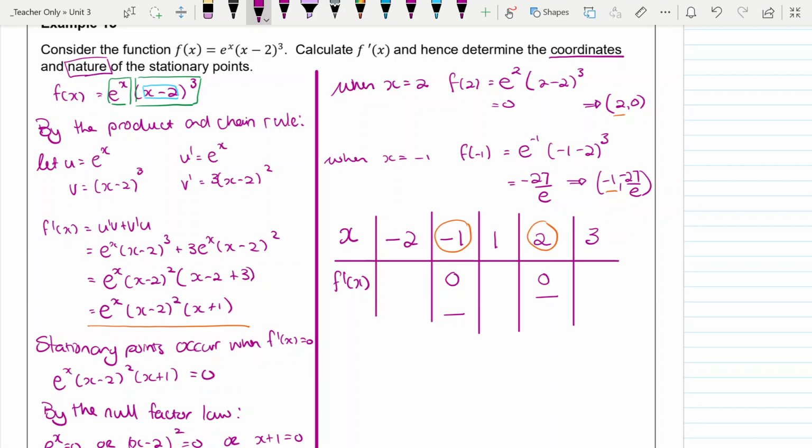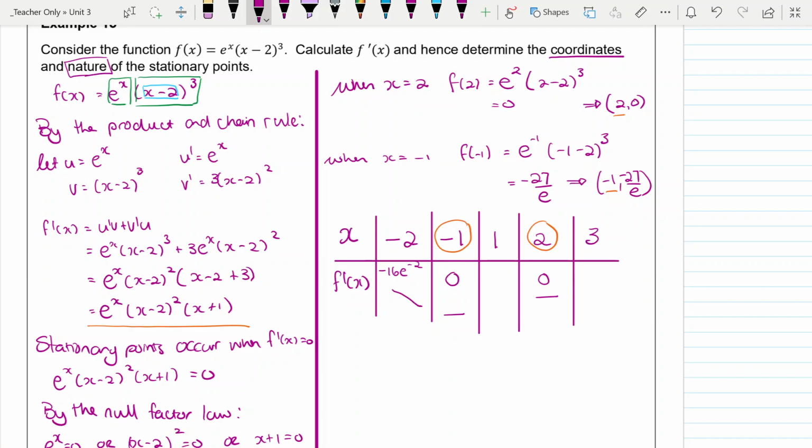So -2 take 2, -4 squared is 16 times -1, so that becomes -16 e to the -2. Alright. Now, I don't need to know exactly what that value is. I can see that -16 over e squared is going to be a negative gradient. Okay, it's a negative